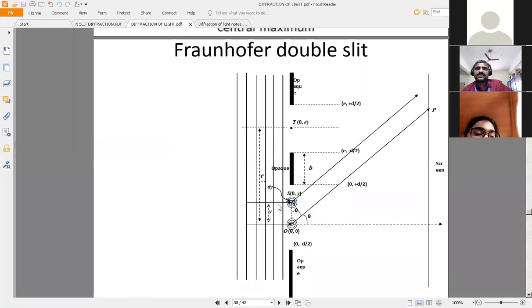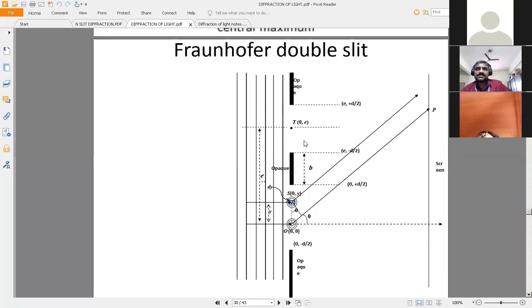d is the same, the width of the open portion of the slit. That is, if you take the lower slit, you are going to have minus d by 2 to plus d by 2. This represents the first slit limit. And the second slit is also having the same width d, but the center to center distance between the two slits is what you call e, slit separation. e is called slit separation and d is called slit width. Please don't get confused. Slit width refers to d, slit separation refers to small e.